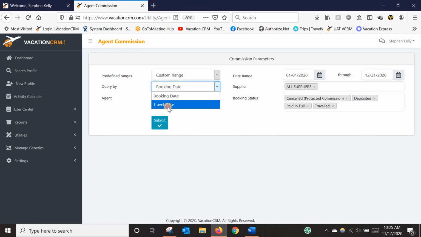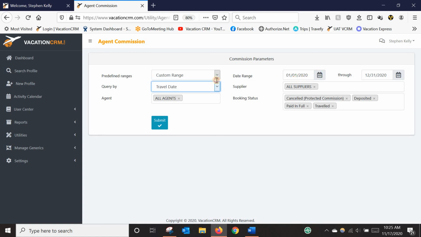So I like to do by trip date or travel date, because that's typically, in most cases, when they pay out: when the client travels. And then for the date range, if you're keeping up with this, it wouldn't hurt to leave this as is, January 1 of this year, because really there shouldn't be a whole lot of commission that hasn't been paid out that traveled months ago or earlier this year. It doesn't hurt to leave it like this just to make sure that you don't have any situations like that,